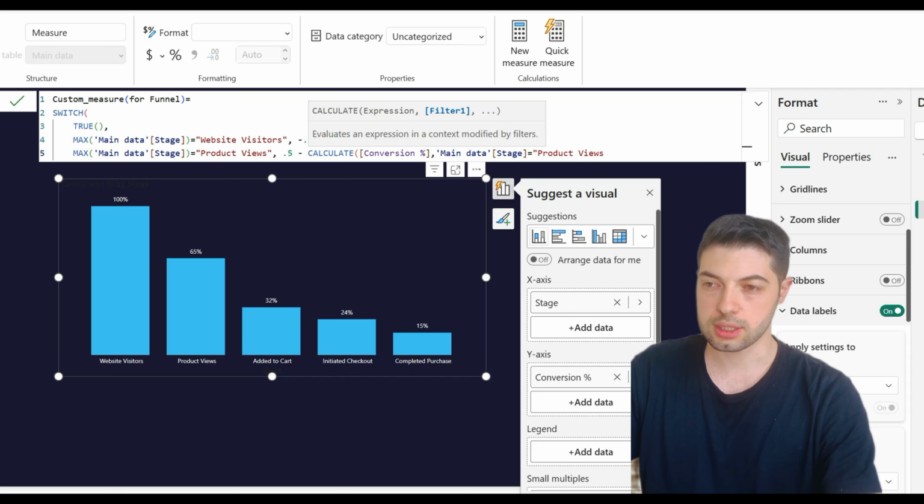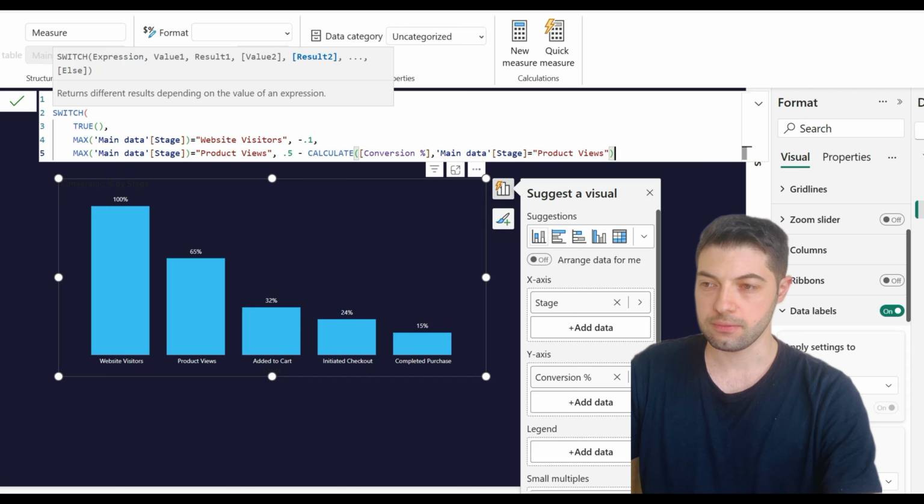We just create this measure because of making it look like funnel. For other columns also, add it to cart. Now replace, add to cart. Okay, for initiated checkout also. And completed purchase also.